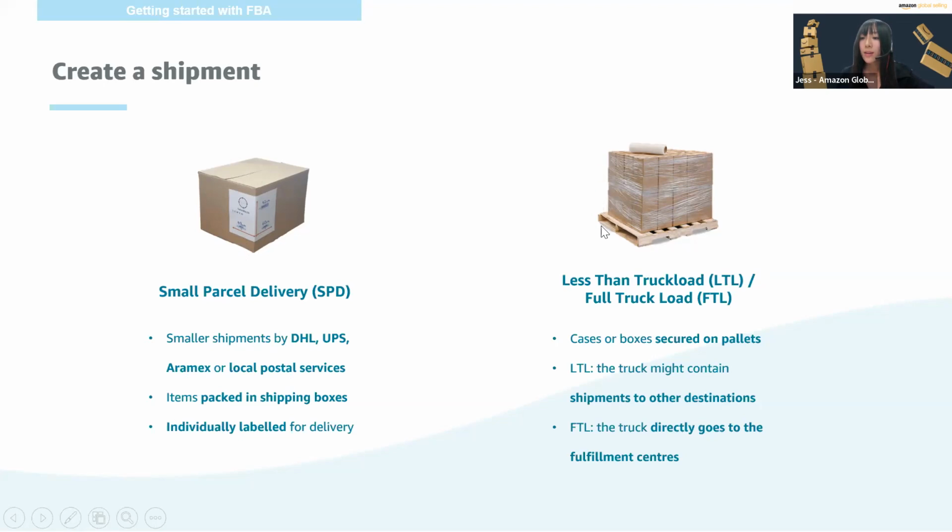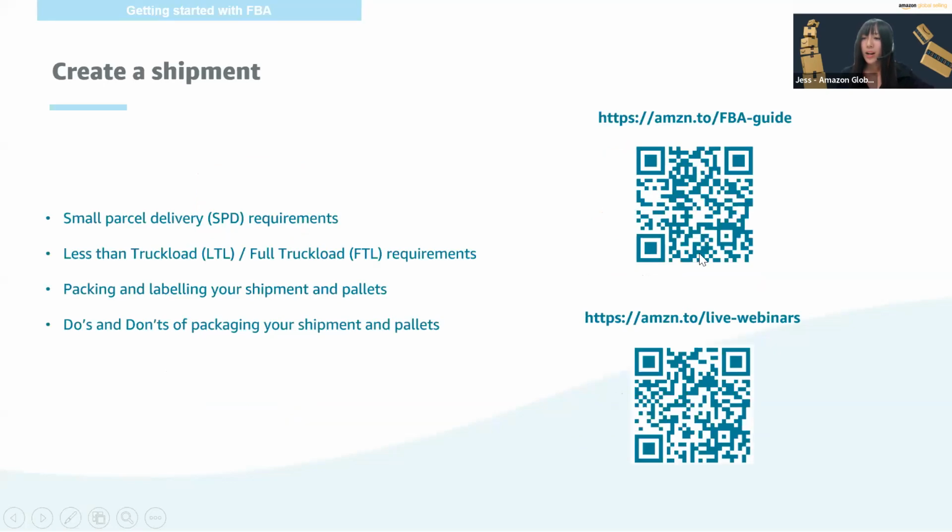The second one here is what we call a less than truckload or full truckload shipment. This type of shipment is basically cases or boxes that are secured on pallets, which is the wooden thing that you see here. I won't be covering all the requirements for small parcel delivery and LTL or FTL shipments, but you